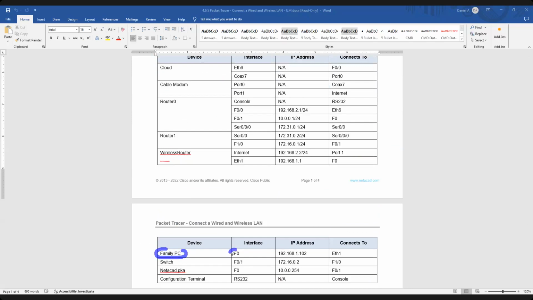And of course we can connect it to F2 on R1, right? And of course we have the switch already, we connect this one, and NetAcad we connect this one in the server. And of course, we have the configuration terminal that goes from the serial port of this configuration PC to our router console, right? So let us try to exercise this